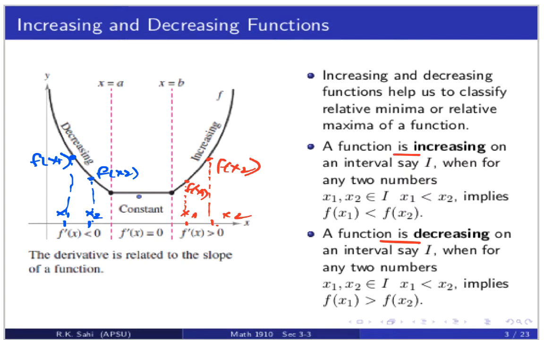Now what happens at constant? Now notice at constant what happens. No matter which two values you pick, say x1 and x2, the function value is going to be the same for a constant function. Okay? Now, we're going to talk about the derivatives,